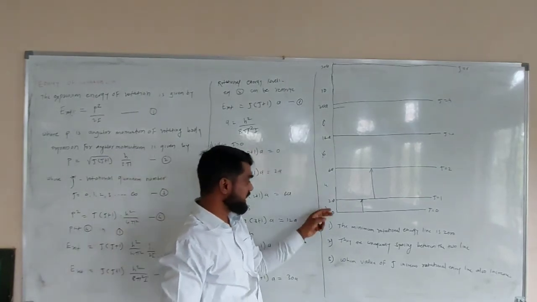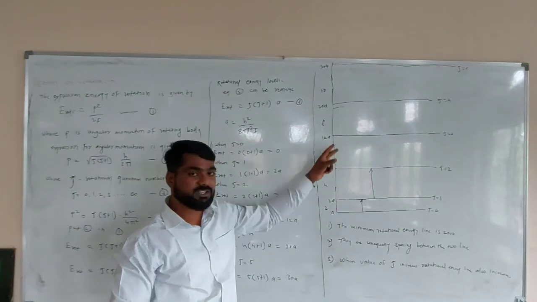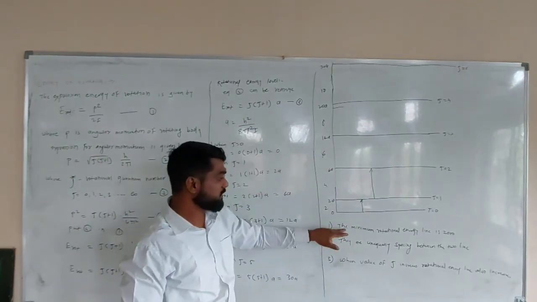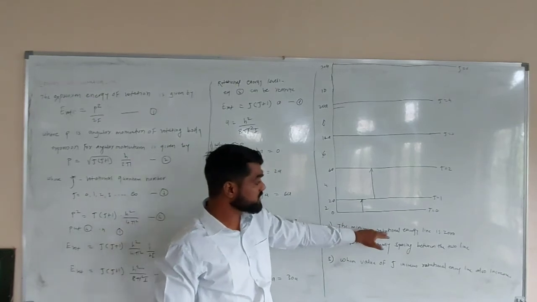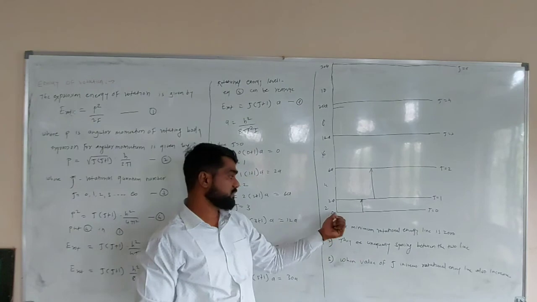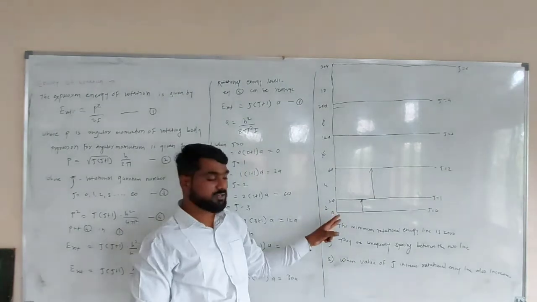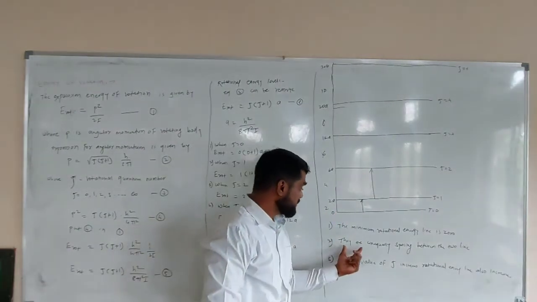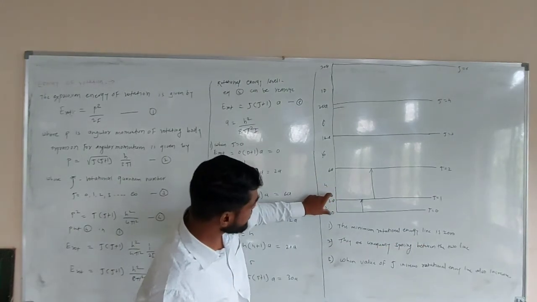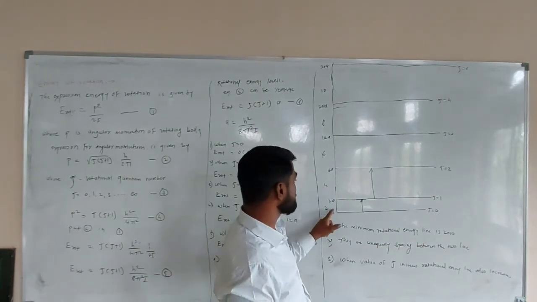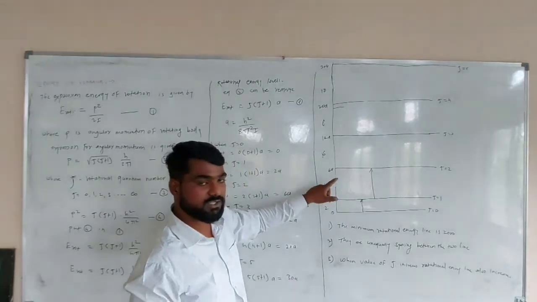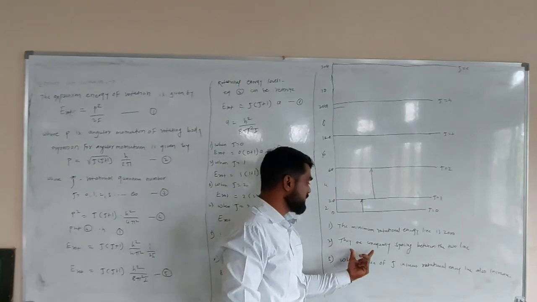From that diagram, or from those different rotational energy level lines, we can show the 3 points. Point number one: the minimum rotational energy level line, the first line or minimum line in the rotational energy level, is 0. They are unequally spaced between two lines. Unequally spaced means between those 2 lines the spacing is 2a, but between those 4 lines the spacing is 4a. That is unequally spaced between the lines.